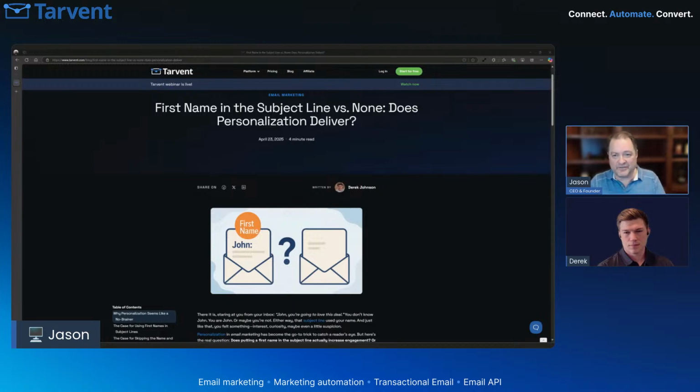That's one of the things Tarvin does. The personalization and the conditional content go hand in hand. They're labeled as two different things basically because personalization is just inserting a merge tag, and you can have a default value if there's no value for the merge tag. But dynamic content is more like, if this equals this, then output this content. Our tool has wizards for doing that. Otherwise, if you really like our help system, you can go there and learn all the syntax for doing some super crazy things with dynamic content.